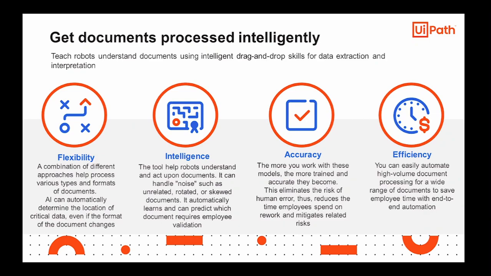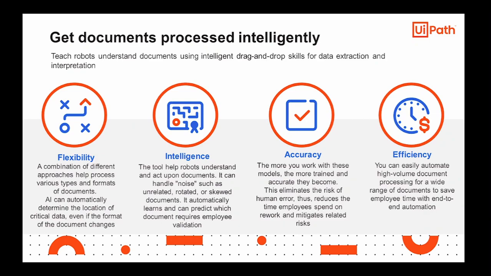First of all, document understanding solution is very flexible. It can process various types and formats of documents using a combination of different approaches. It can also deal with handwriting, signatures, and checkboxes. AI-powered technology can automatically determine the location of critical data even if the format of the document changes. This is owing to our out-of-the-box machine learning models. They are trained to process documents like purchase orders, invoices, receipts, utility bills with no standard templates or additional training